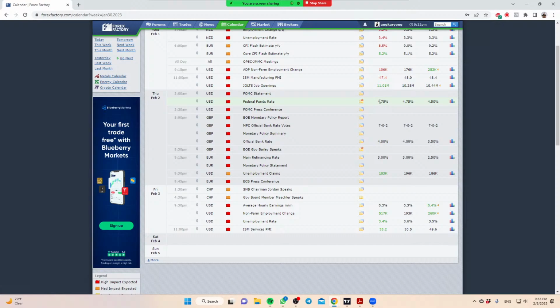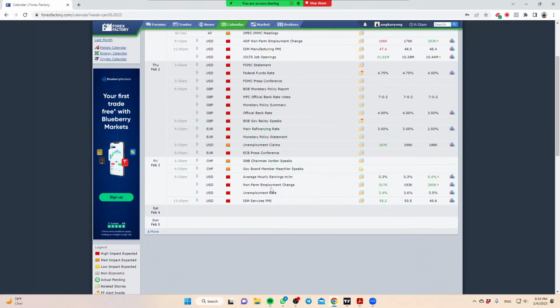But things started to shift in the opposite direction when we look at Friday's labor market, which came in very, very strong and put off the possibility of a very bad recession. That's where we saw the dollar actually strengthen post Friday as well. Then for the Bank of England and European Central Bank, nothing much of a surprise. They're still pretty aggressive in hiking, with the Bank of England raising rates to 4% and the ECB raising rates to 3%.